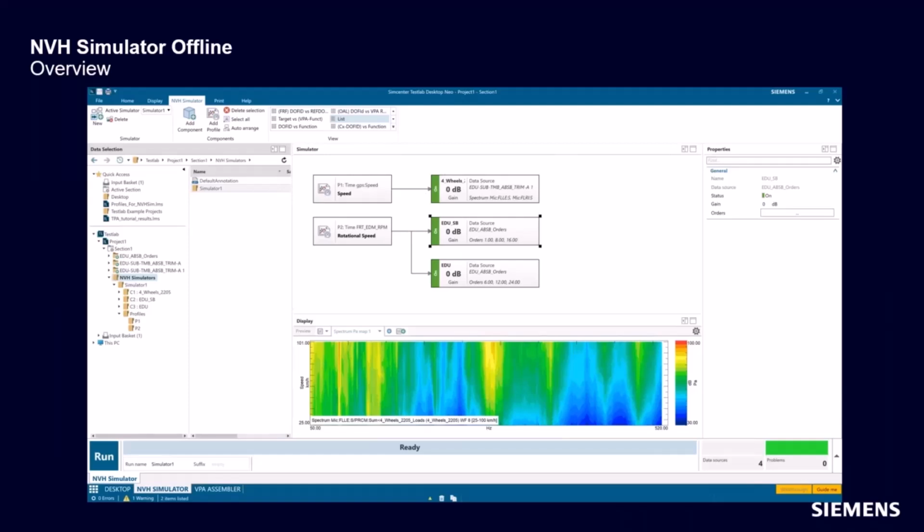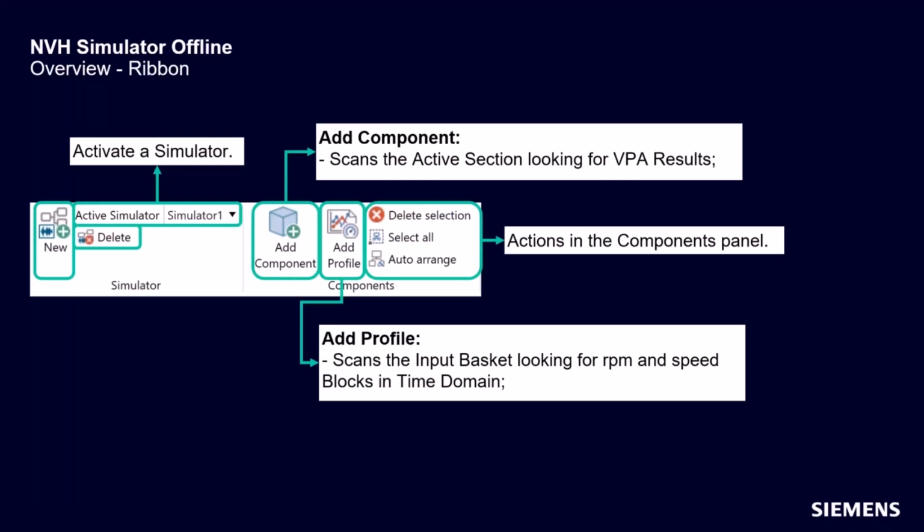This is what it looks like. And I'll take you through all the different components here. So just showing you some of what I'm going to show you in the GUI. In the simulator tab in the ribbon, we create a new simulator that is just like that NVH model. It's the combination of our VPA results and our scenarios, or our profiles rather.